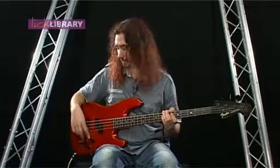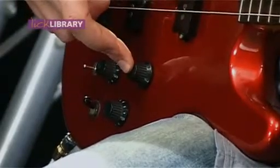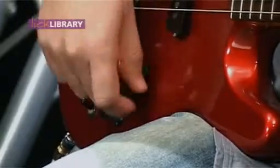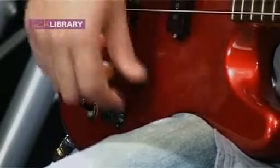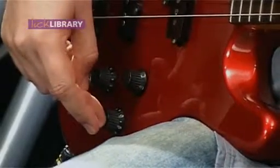Okay, moving down the bass, we've got the controls. Now these will be in a different configuration for nearly every instrument you play, but they will all have certain things in common. Like, for example, a volume control on this bass, which, as you can hear, will allow you to turn the bass down, especially handy for in-between performances when you don't want to be heard. A tone control, or some kind of